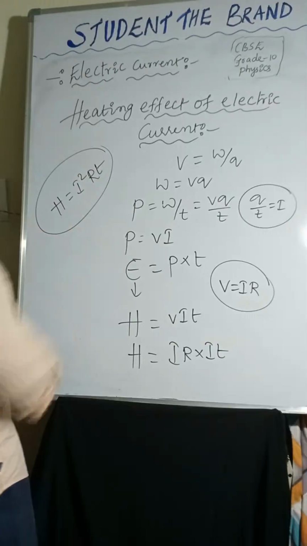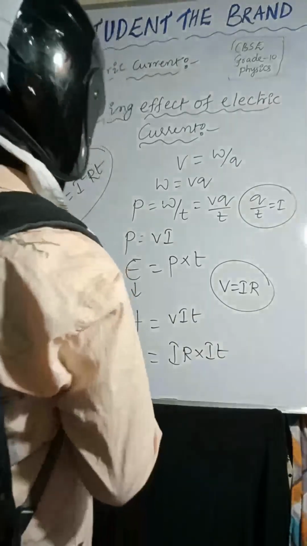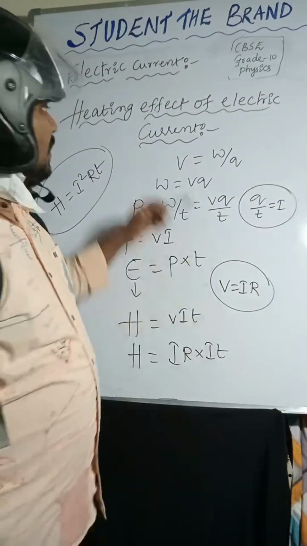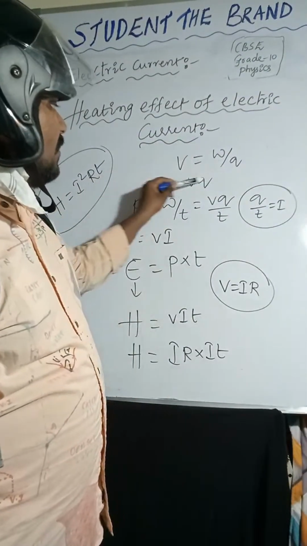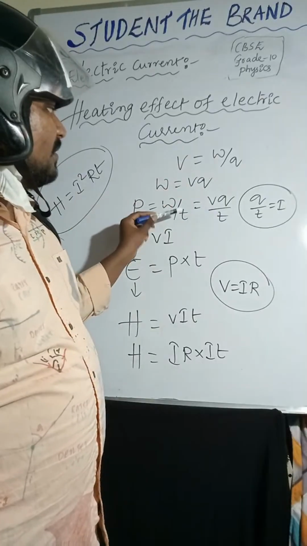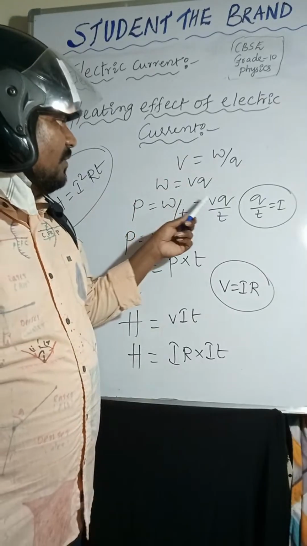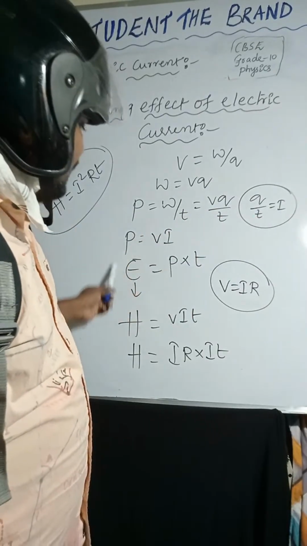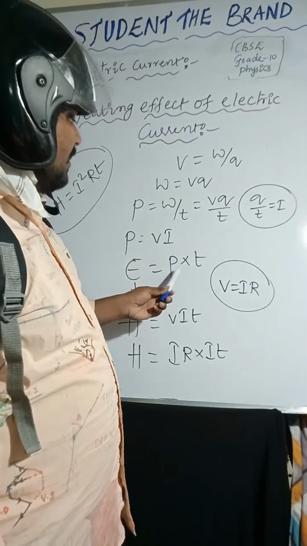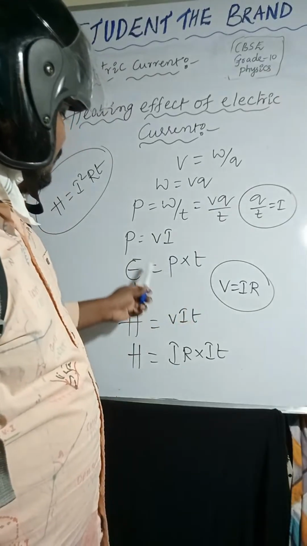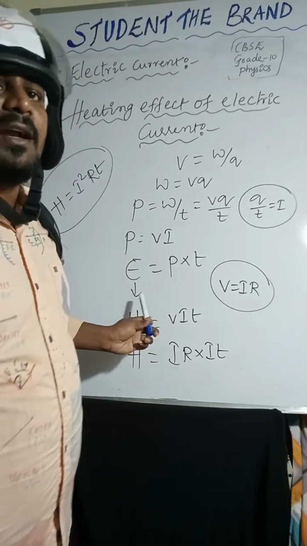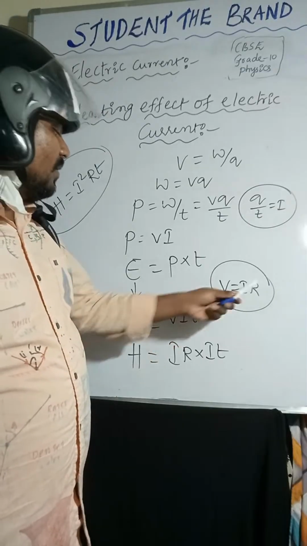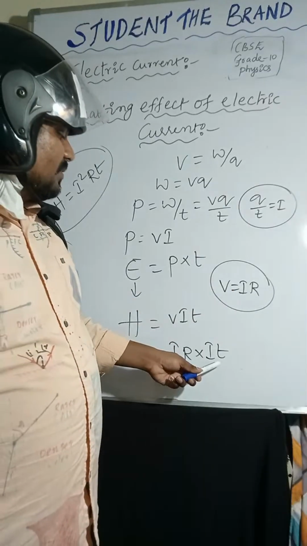So this is the formula, very very important. This is about heating effect of electric current. So V equal to W by Q, W equal to VQ, P is the rate of doing electrical work, VQ by T, so Q by T is I, P equal to VI. Whatever energy is given to the conductor, P into T, will become heat. So H equal to VI into T, V equal to IR, H equal to IR into IT,